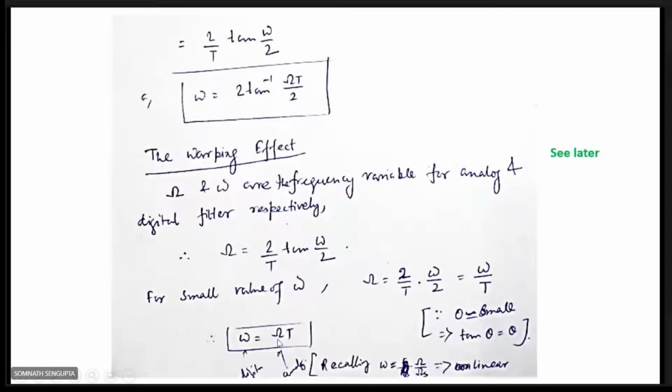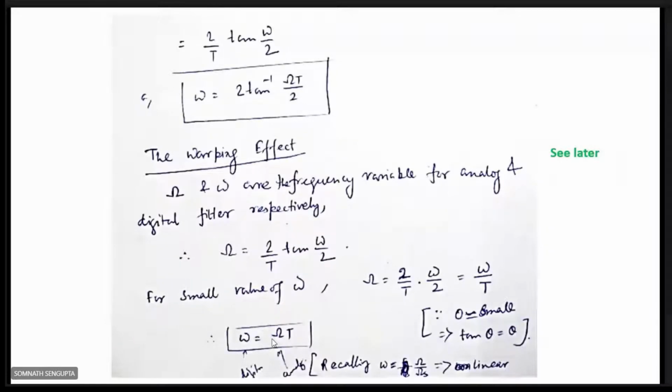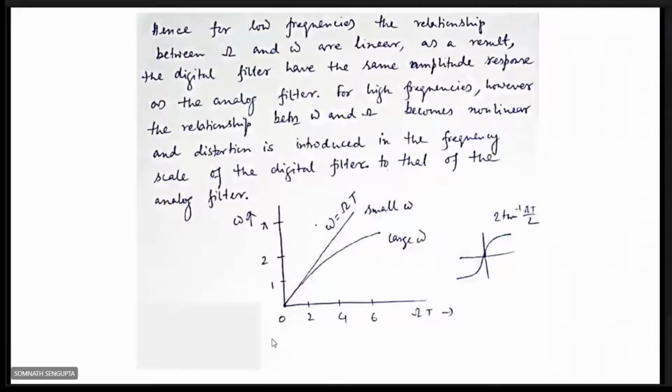It is similar to f by fs. Digital frequency is equal to continuous frequency divided by the sampling frequency. T is the sampling interval, 1 by fs. So this becomes a linear equation for low frequencies. But for high frequency, it is actually this kind of graph. So you can see here for high frequency or large omega,